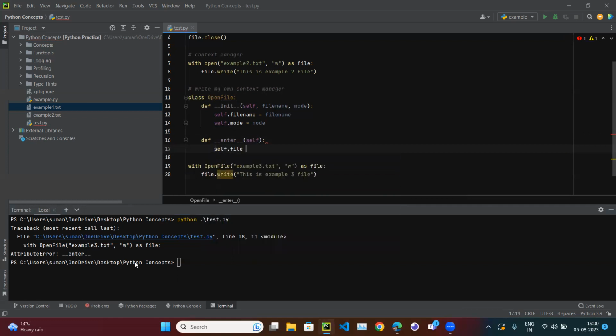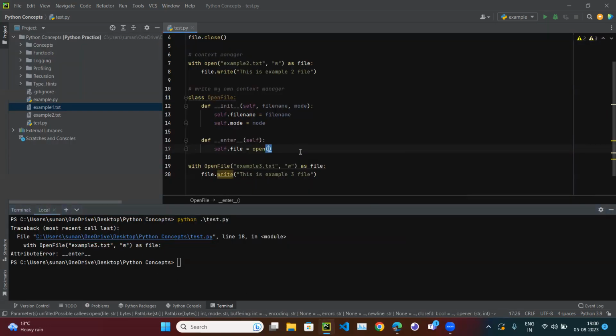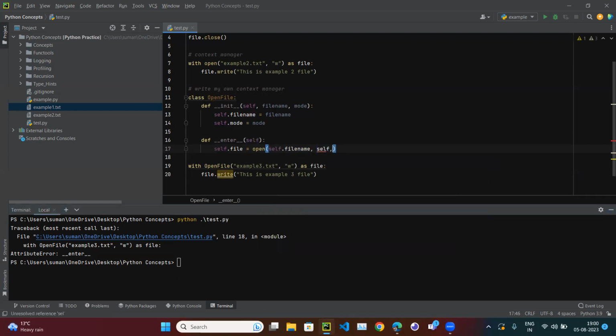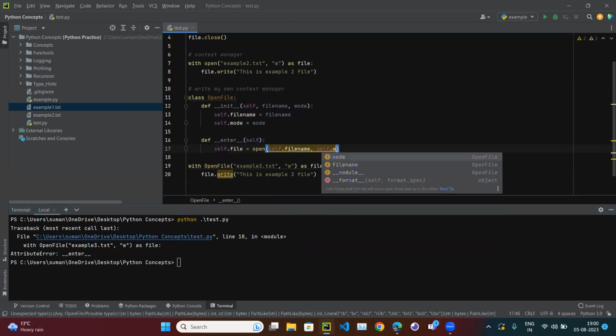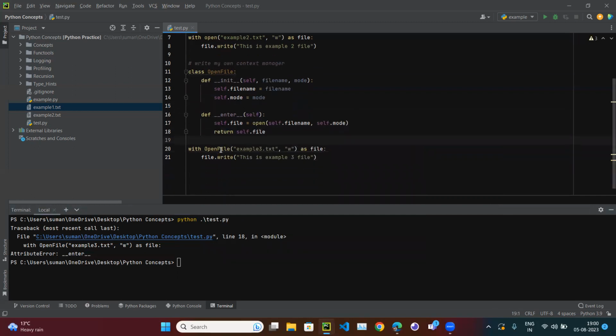So we write self.file equals open with self.file_name and self.mode. The file should be opened and it should return the file: return self.file. So if you run this,